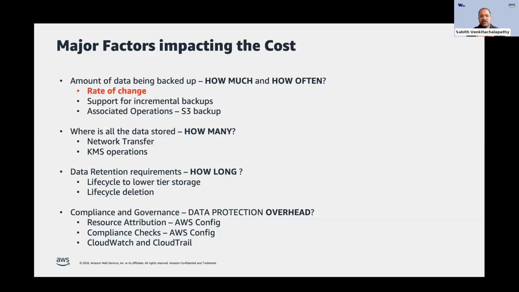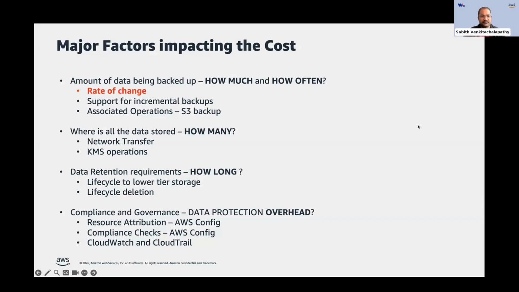And then this also will decide how effectively you would be able to do a tiering of the storage, depending on whether the underlying storage service supports tiering. You might be required to retain the data in a warmer tier for a longer duration. So as long as your data is being retained for such periods, you would be able to get the benefits of the tiering.